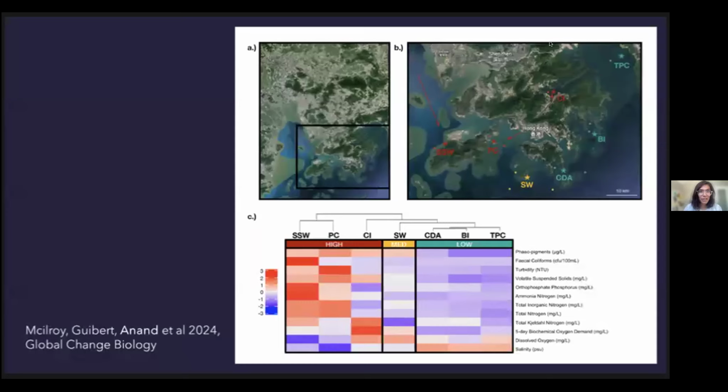I'm sorry, I'm just moving that over. So this is Hong Kong, and what you see here is a zoomed version of that. The sites labeled in red correspond to these sites at the bottom, which are classified as high environmental impact or high pollution. Then there's one site which is considered a medium impacted site. And there are 3 teal sites, and those are considered, again, low impact sites.